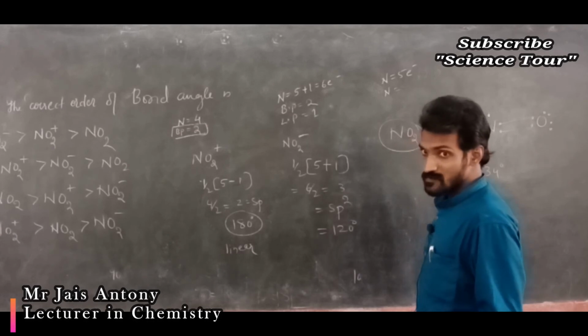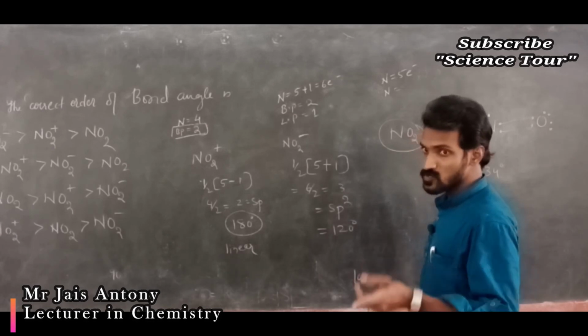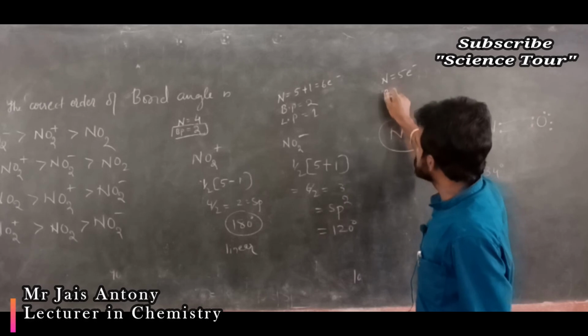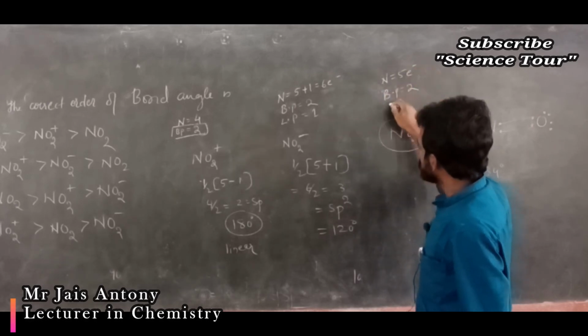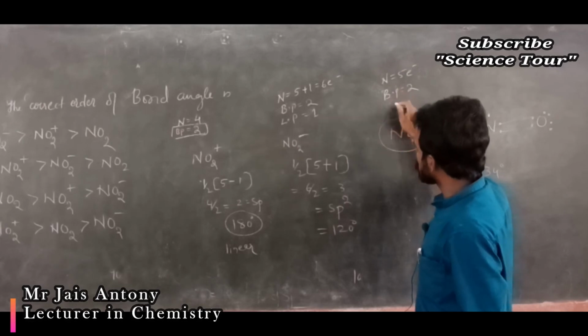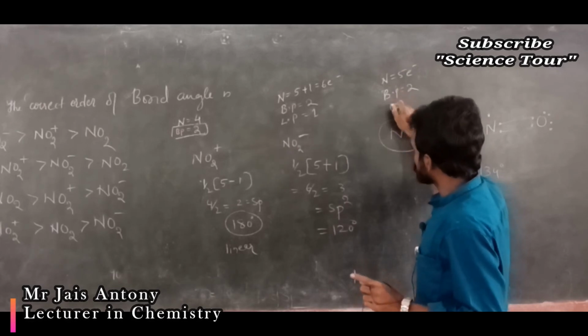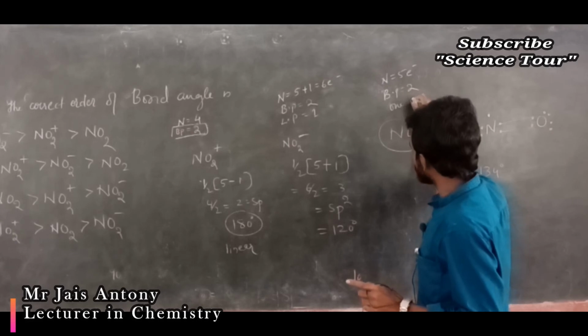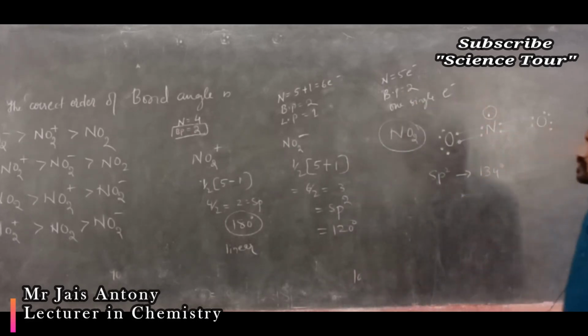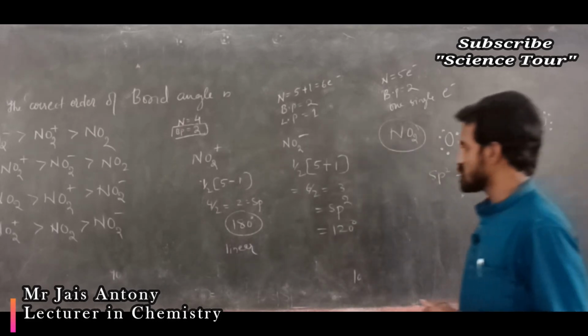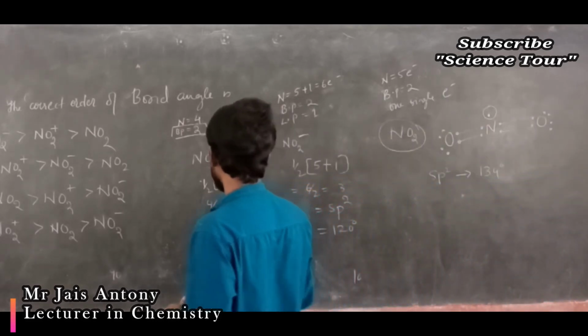4 bonds, but it is considered as a super single bond, total bond pair is 2. But how many electrons are used? 4 electrons are used. So there is no lone pair, only one single electron is there. So in which case is the bond angle highest?